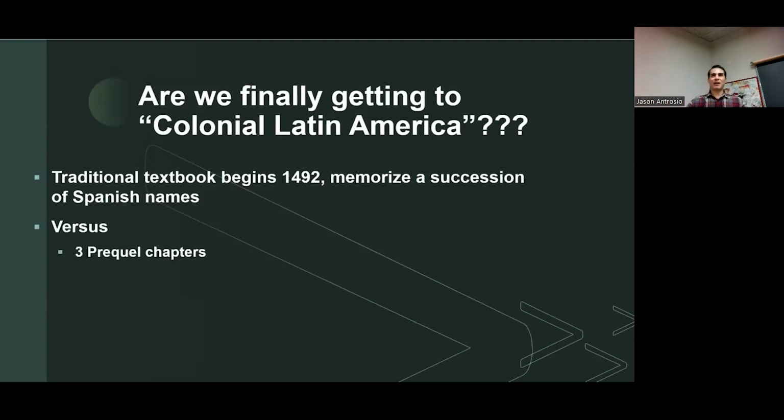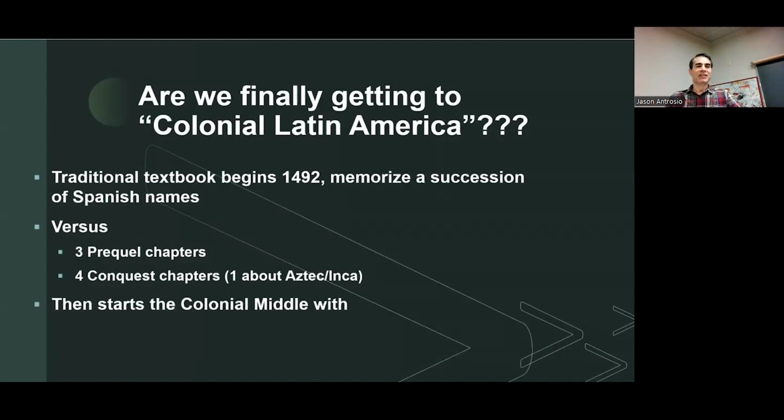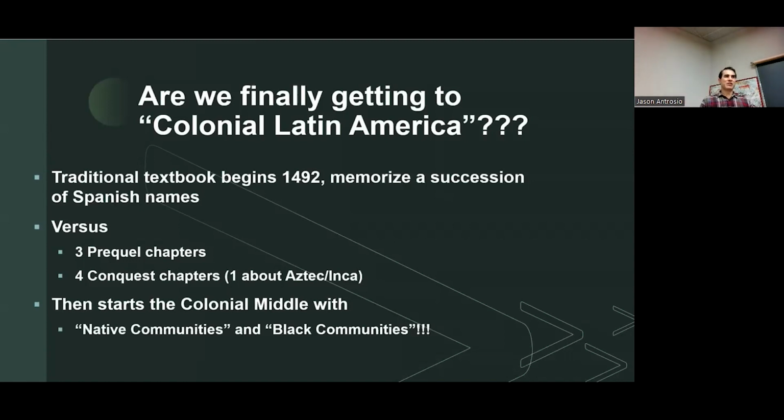We've had 3 chapters that are like prequels, which are before colonial Latin America. We had 4 conquest chapters, one of which was about the Aztec and the Inca. And then we start the colonial middle, but we're starting out with native communities and Black communities. And so it's like, wait a second, where's all the colonial Latin America stuff? Now we are getting there, but I guess what I want to say about this is that, first of all,